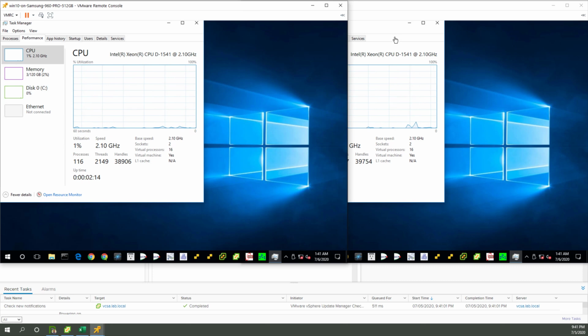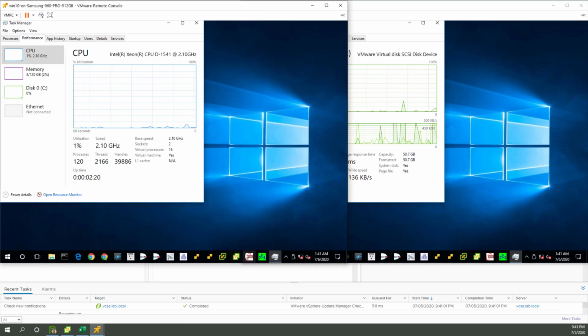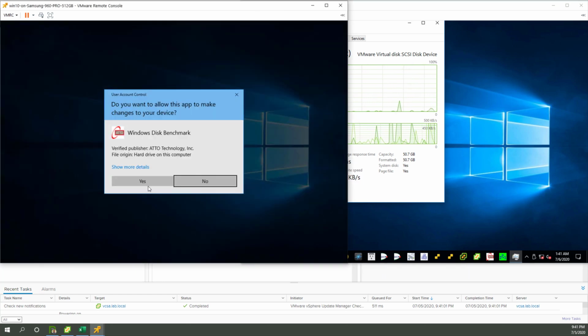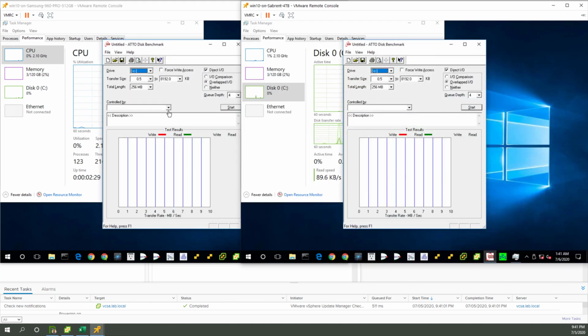So what we could do is a little bit of disk benchmarking, right? So let's do it. Oh gosh, this old tool. It's just so handy and easy to run. I think Crystal and others might be installed in this VM too, but let's just start with this really old tool. You can start with the Samsung,